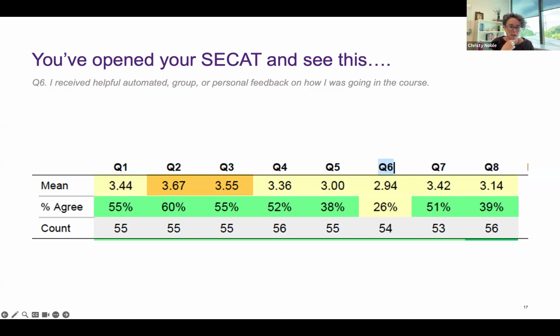Question 6 relates to: I received helpful automated, group or personal feedback on how I was going in the course. So for me, this would be a particular aspect of a SECaT which you could hone in on and think, well, what are some strategies I can use to enhance feedback in my course?